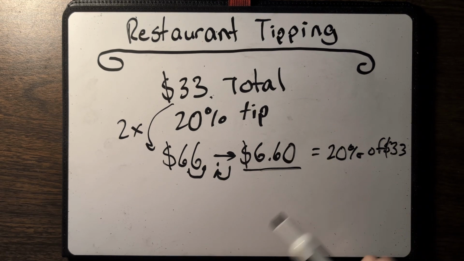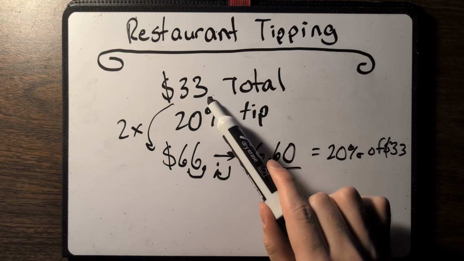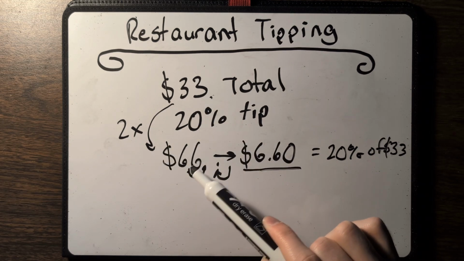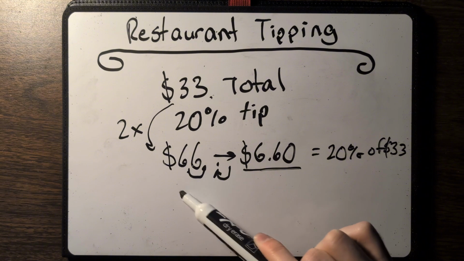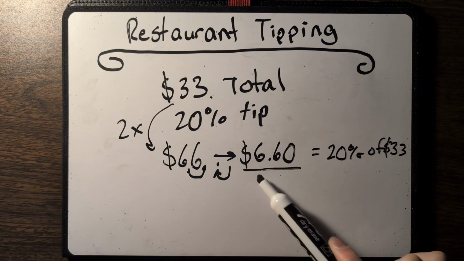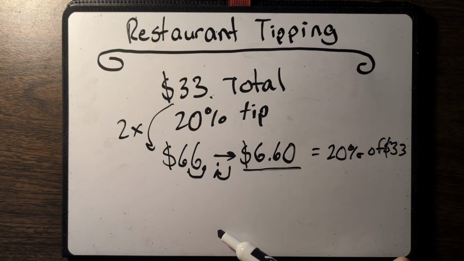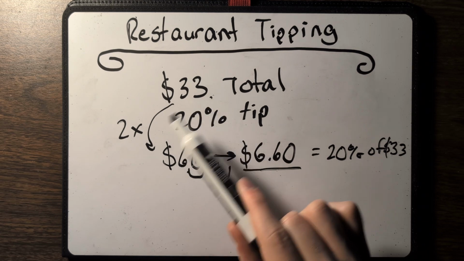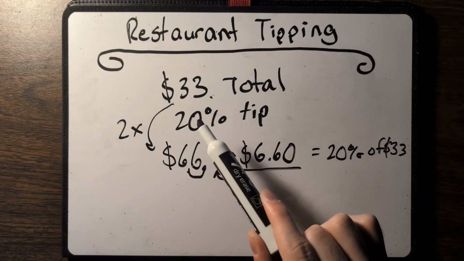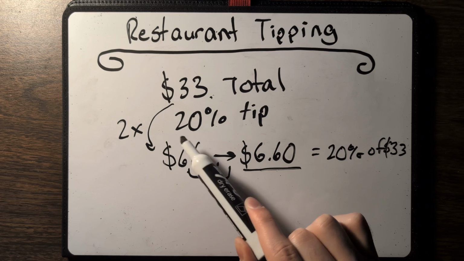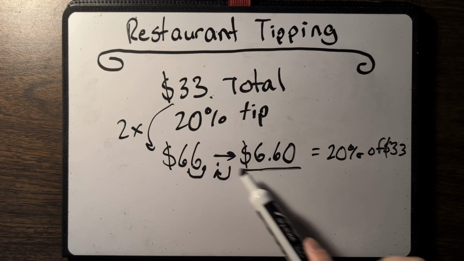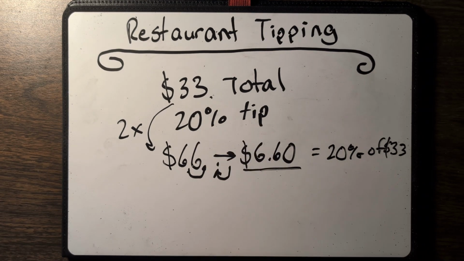It's as simple as that. It's just a little trick. So we double it, and then we move the decimal point one to the left to get $6.60. You're basically doubling it and then taking 10%, or taking 20% of this $33. It's that simple. Say we want to find a tip that's maybe a bit less or more, so we'll start